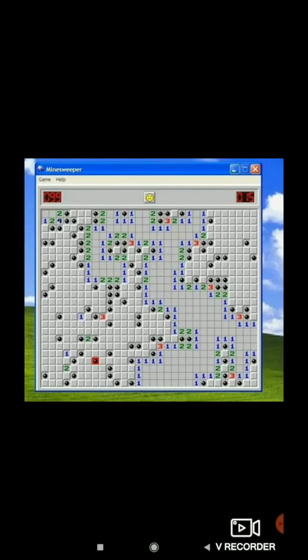And then it says, for more help, press the help key. Next to the game option, there is a help. Once you click on help, additional information or assistance will be provided by the computer, as per the game. So this is Minesweeper.